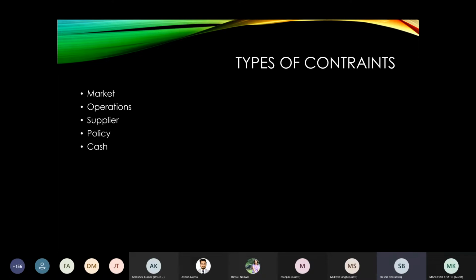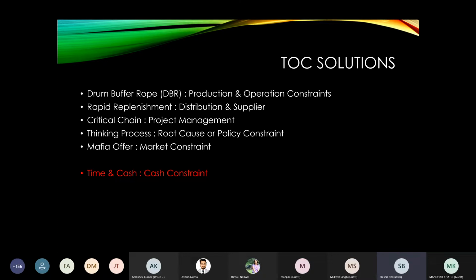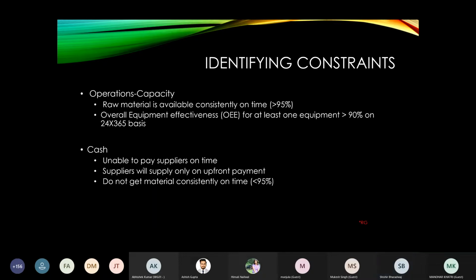And if you have a cash constraint, you will follow the cash constraint methodology. So after you have identified the constraint limiting you from making money, using the correct measurements, which keep telling you how severe the constraint is, then you'll use one of these methodologies. Today we are talking about